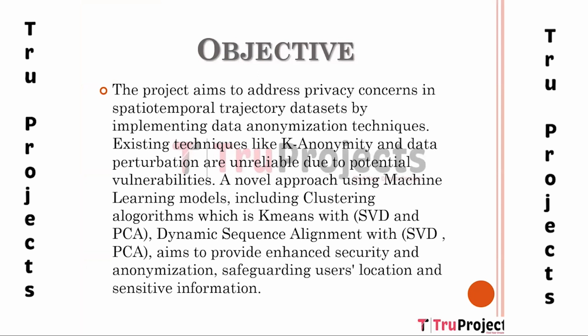The objective of the project is to address the privacy concerns associated with publishing spatiotemporal trajectory datasets. The project aims to implement data anonymization techniques to protect users' private information while still allowing open data research and promoting government agency transparency. The existing techniques of k-anonymity and data perturbation are deemed unreliable due to potential vulnerabilities